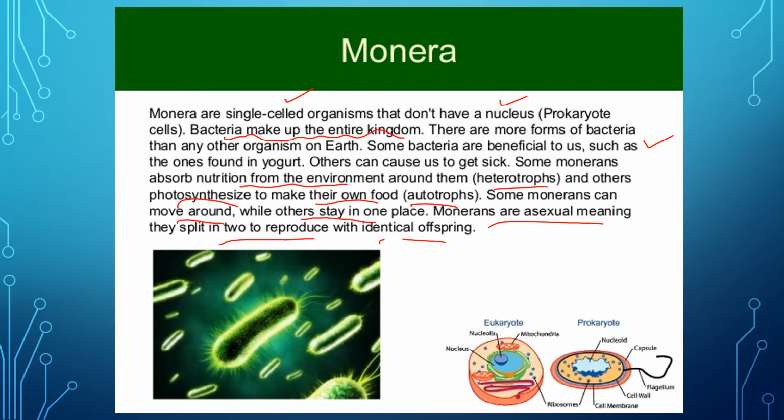Here you can see the structure of a eukaryote and a prokaryote. Why have I taken this structure? Because Monera is a prokaryotic organism. When you compare Monera with a eukaryotic organism, you can see that prokaryotic organisms like Monera lack a well-defined nucleus, and that's the reason why it is called a nucleoid. They have certain locomotory organs such as flagella, which are absent in eukaryotic cells.